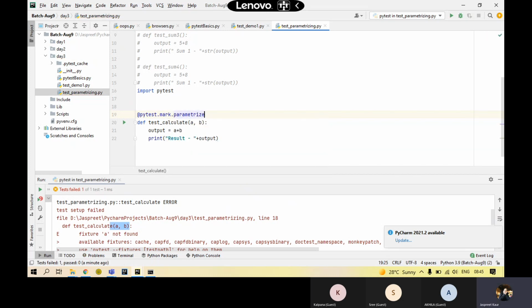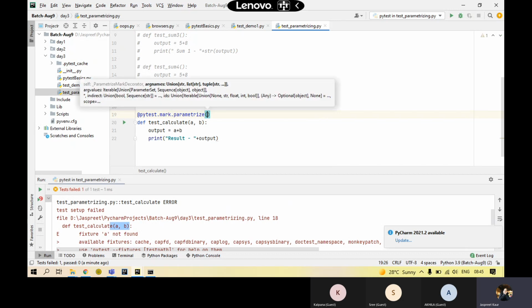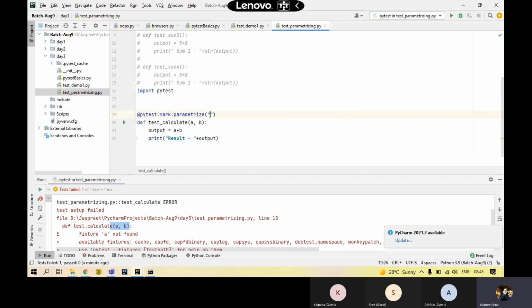This annotation will come. But now this annotation requires some things. Firstly, it needs to know what items are going to be passed. I am going to pass variables that are A and B, right? So I'll say A and B are the 2 things that this annotation will receive.